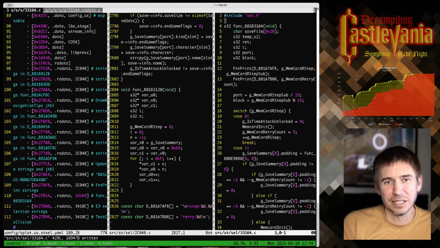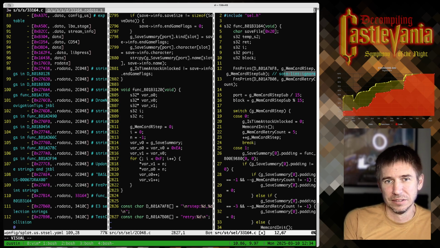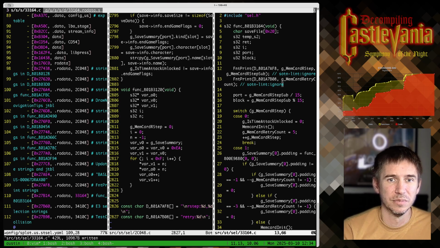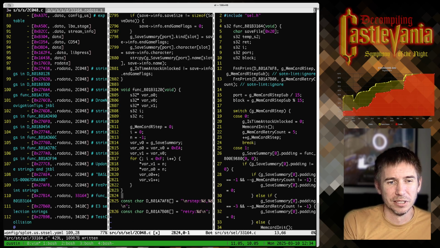So maybe I'll do that, and then we could have something like lint ignore and figure out what's going on there. It might be interesting to look at the PSP version. Cell for PSP has some known differences between the two games. So again, I'm not sure how I'm going to proceed with this, but